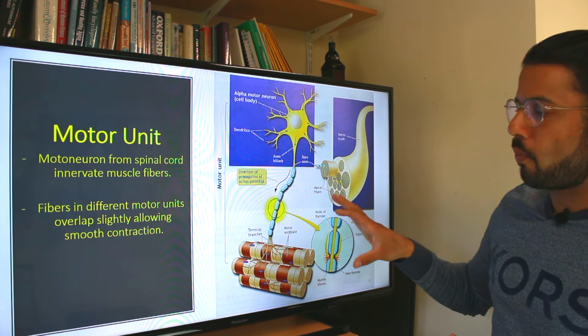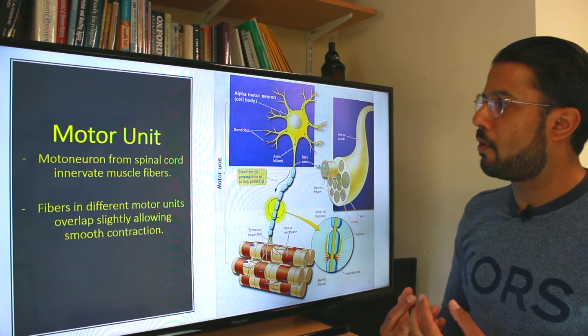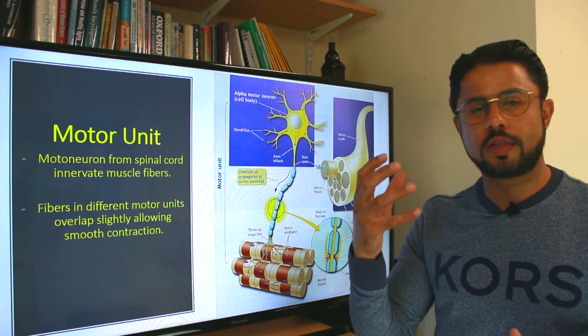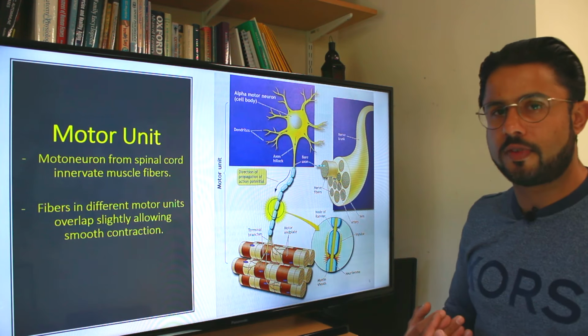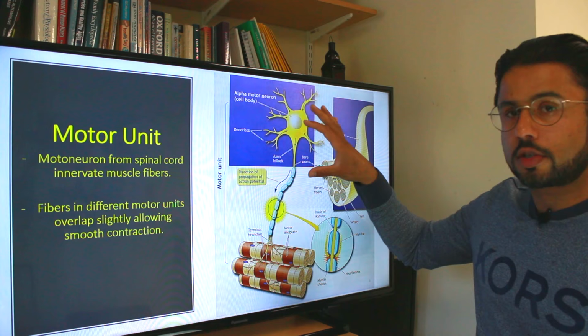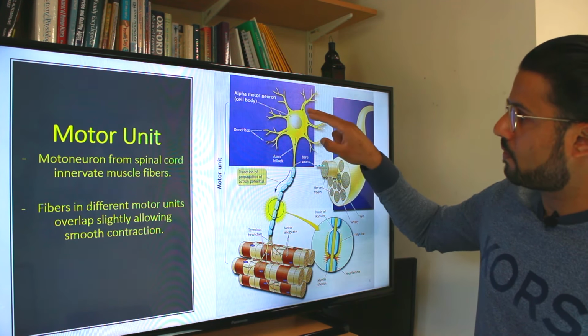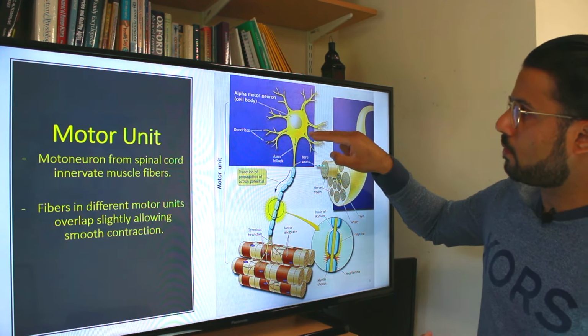We also need to look at what happens in the neuromuscular system. Now, for those people that don't know, our muscles are innervated by nerve fibers, which are termed motor units. Okay, so the brain sends a signal from the motor cortex, from the cerebellum, to the muscle fibers. Some of the signals will also come from the spinal cord via interneurons. So you'll have what is called an alpha motor neuron. Okay, so this is an alpha motor neuron.